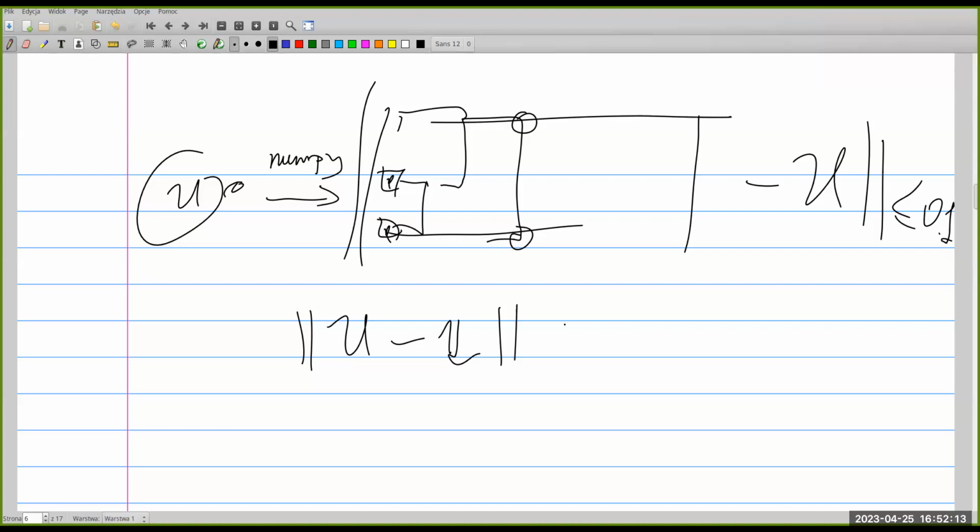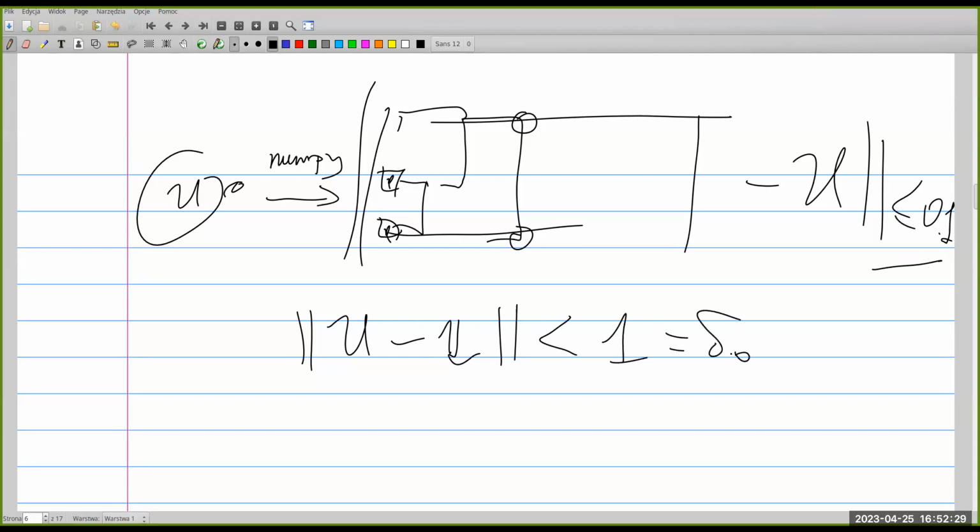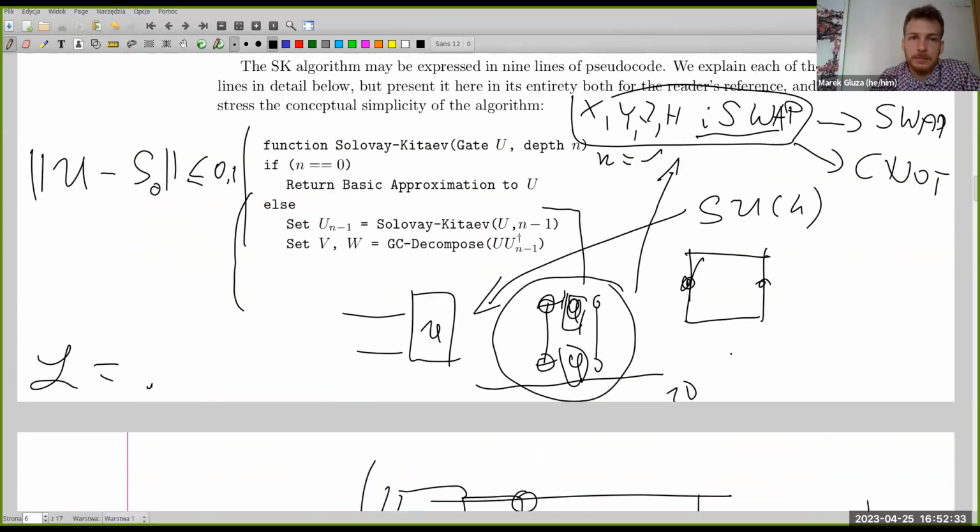And for this to work, we need an initial approximation that is smaller than the threshold. Or I mean, you're amplifying, so anything strictly smaller than 1 will in principle work, right? Because I can put this to delta 0. And it is exponential, right? So it is exponential, but